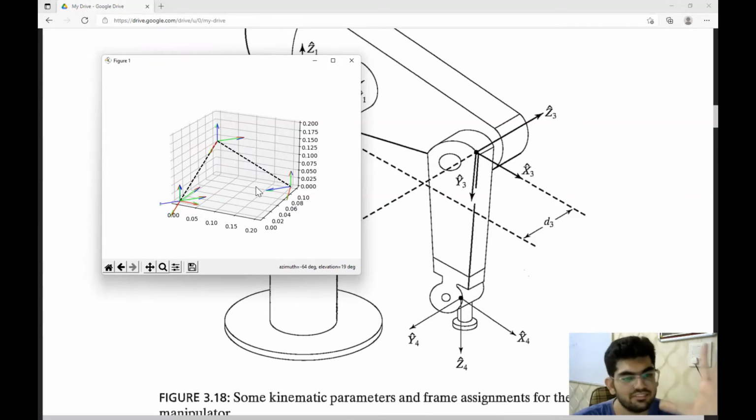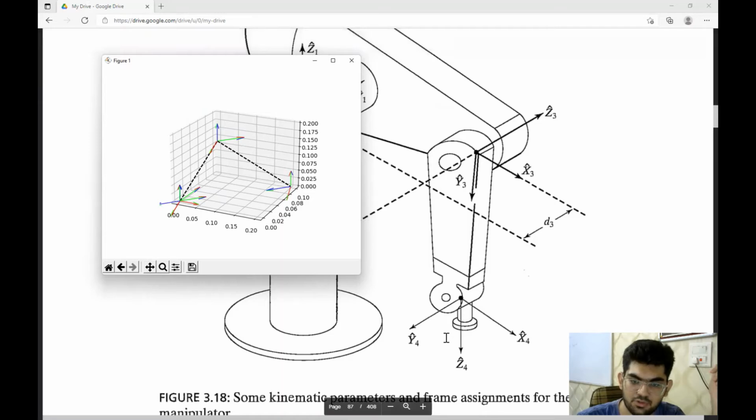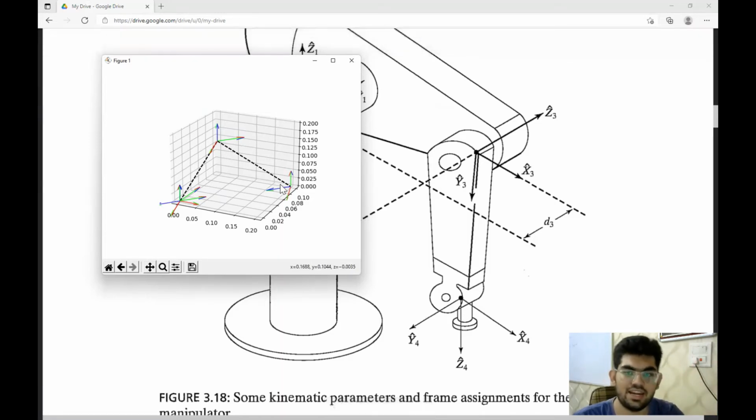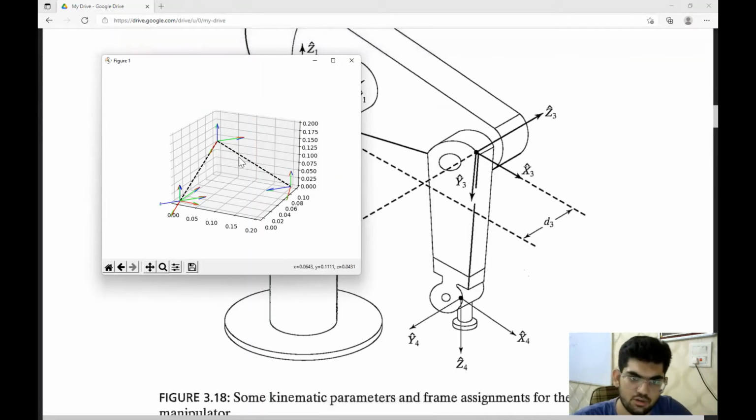Not an issue, but a convention difference. The next frame, x4, y4, z4, is also doing the same thing, but due to the difference in A and D values, the way that they have adjusted, we are going to get something similar, but not exactly the same. So it is doing its job perfectly fine. And then it's rotated by 60 degrees.